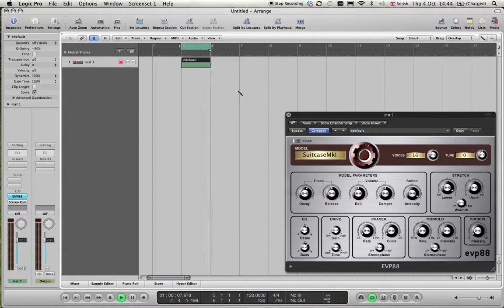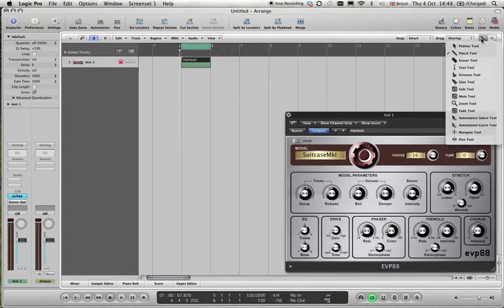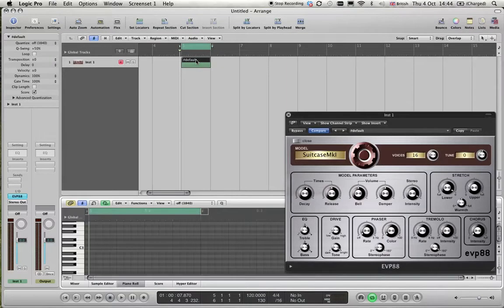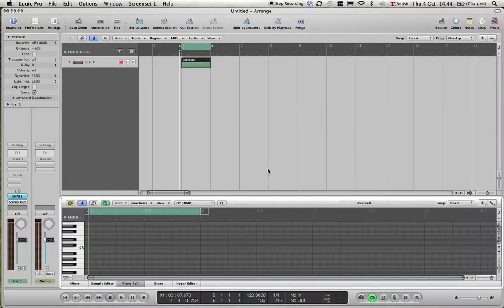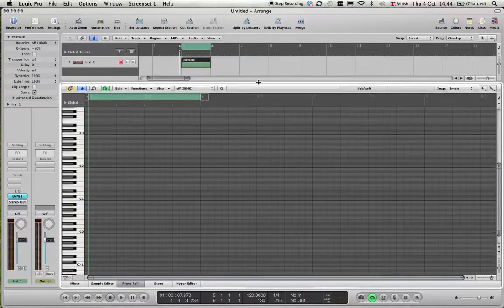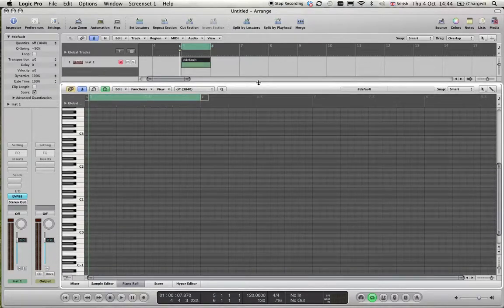So I'm going to leave that loop on. I'm going to stop it playing for a minute. And I'm going to get the mouse pointer back out from the toolbox. And I'm going to double click on this. Watch this. And you get this open at the bottom. Now this is a place where you can put and play some notes. Okay? There's a keyboard down here. If I press a key,